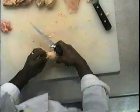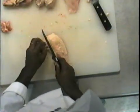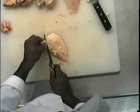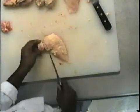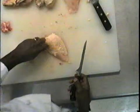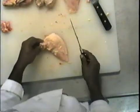All right, the next thing I'm going to do is go to the bottom, the base of that bone, and cut a circle all the way around it. Now this is just my technique. As long as you clean it, whether you gnaw on it with your mouth or whatever you do to it,